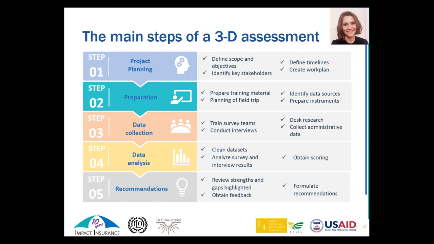So we have 5 main steps. Step 1 is project planning, which is an important step to define the scope and the objectives of the assessment. This will mean typically trying to be clear on what the assessment tries to achieve. Is it to compare different products? Is it to improve the value of one specific product? Is it to make a decision of whether or not to launch a product? And based on this, the assessment can have different scope and different needs in terms of resources and time.